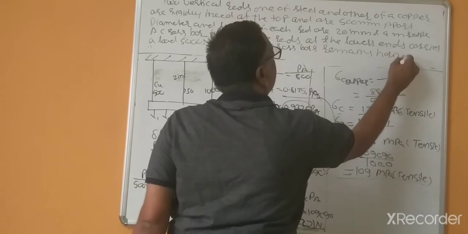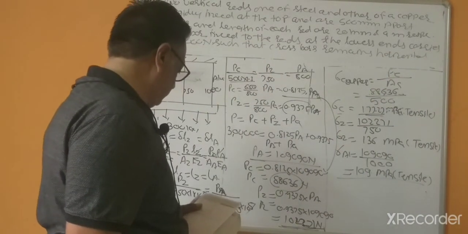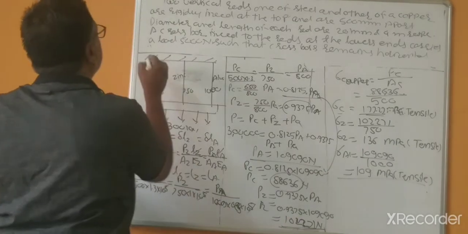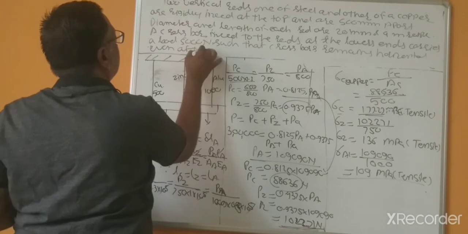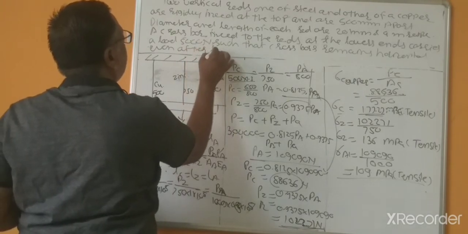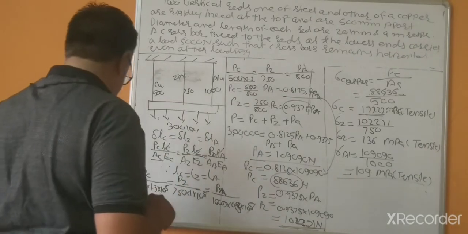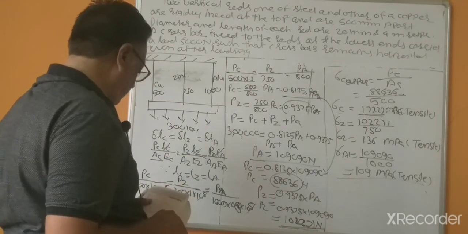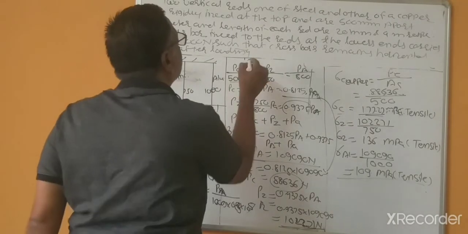In the previous problems, the length may be small even after loading, so in the previous case we assumed the length is the same. Find the tension in each rod